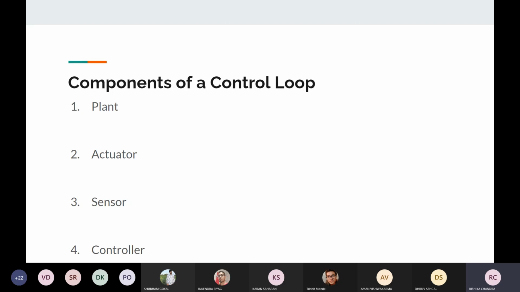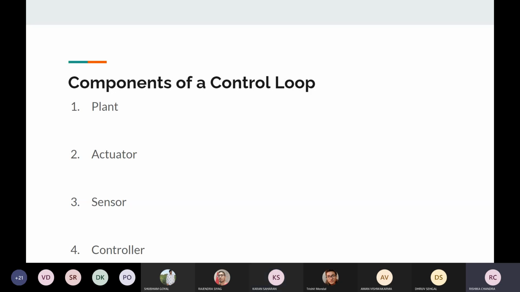The components of the closed loop control. The first component is the plant that I've explained to you, let's say the car. Second is the actuator. Can anyone tell what's an actuator? Just like a motor, a DC motor, a brushless motor, which converts an electrical signal into motion. Yes, correct. The motor, and you were talking about the DC motor, those are examples of actuators. It converts electrical energy, or any form of energy, into some mechanical force so that it can do motion.